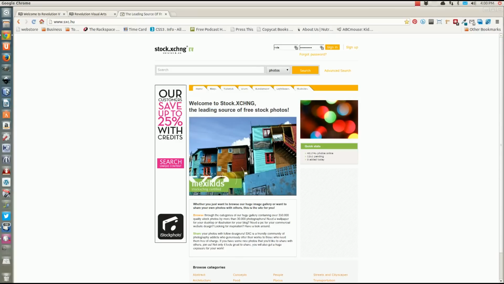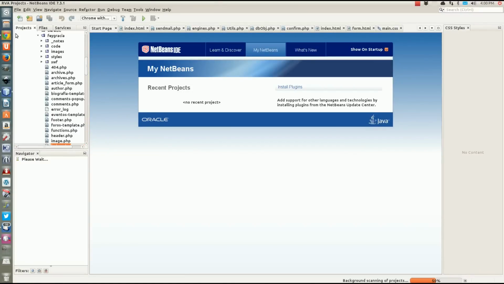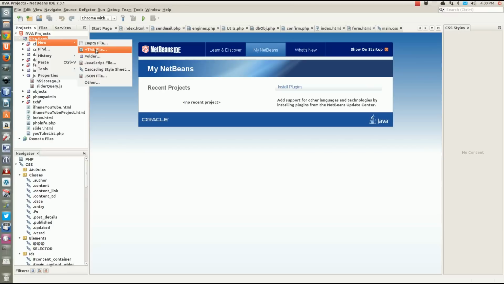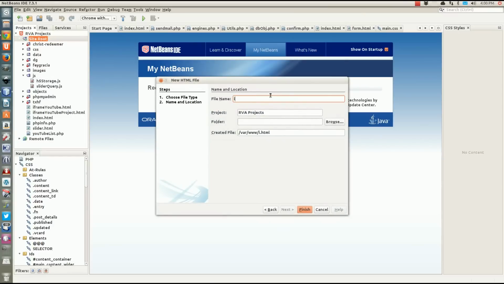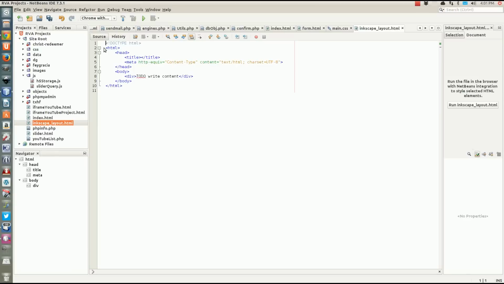Now I'm going to come here, NetBeans, and I got my site root here. My images should be here in tutorial. So I'm gonna create in my local host a new file, new HTML file. It's gonna be Inkscape layout. So finish. Here it creates my HTML5 basic format. Now we're gonna put the Inkscape layout tutorial,